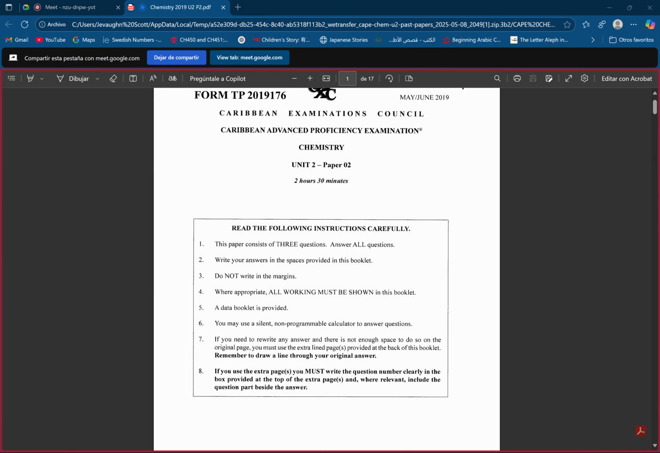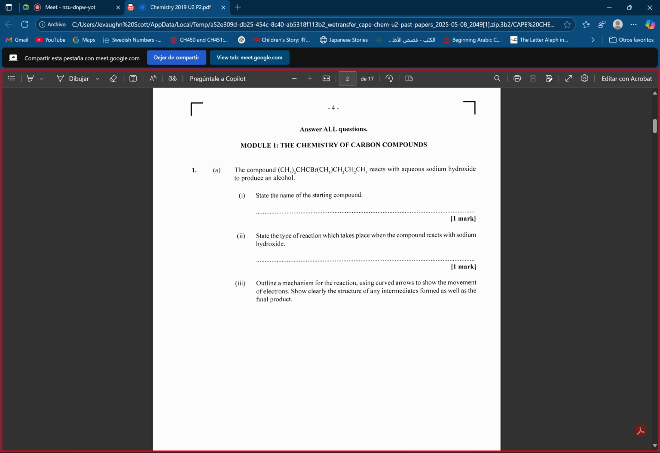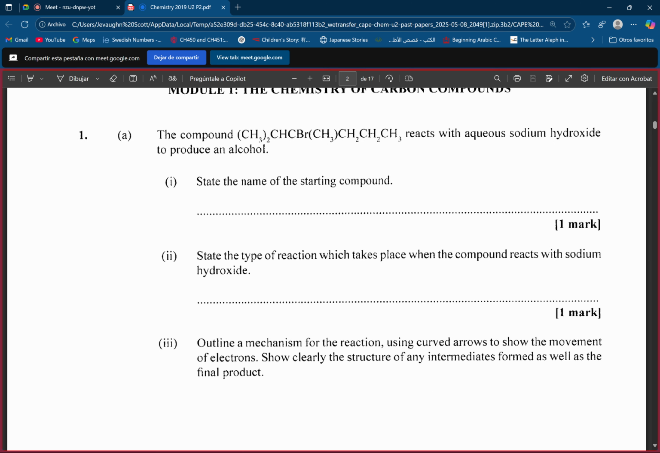Okay, let us begin 2019 paper 2 with, of course, module 1. The first question, we're given a compound here and we must name this compound, right? Also, it reacts with sodium hydroxide to produce an alcohol. So, because it reacts with sodium hydroxide to produce an alcohol, we already know that it is a